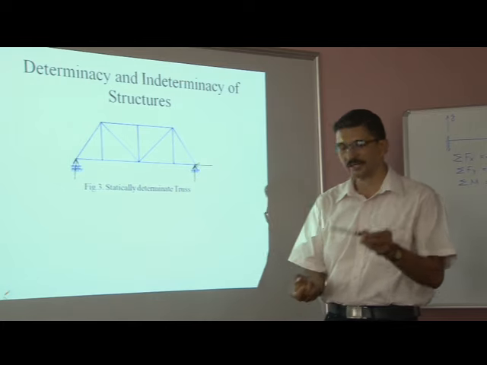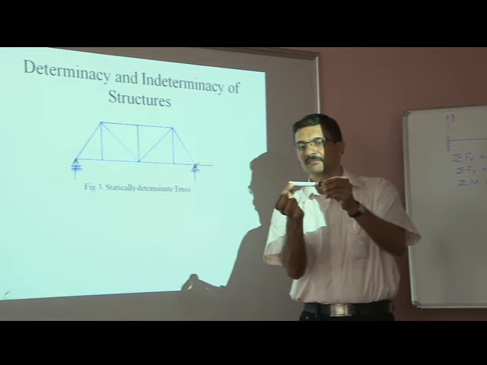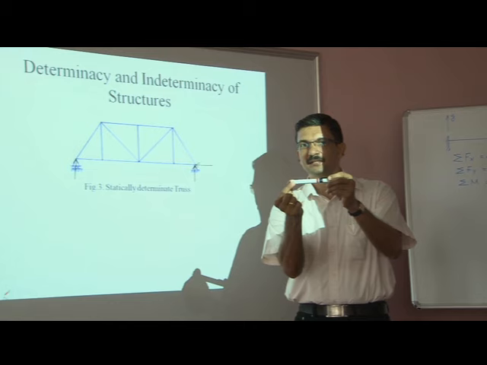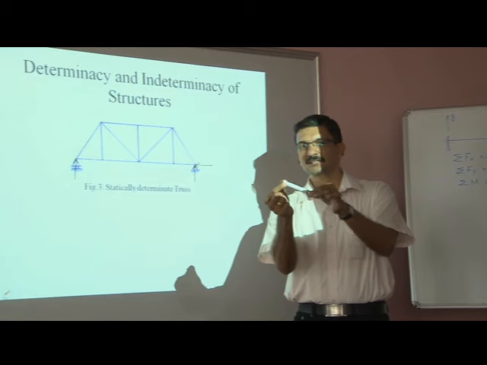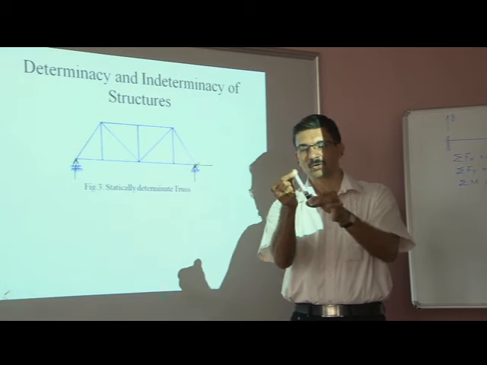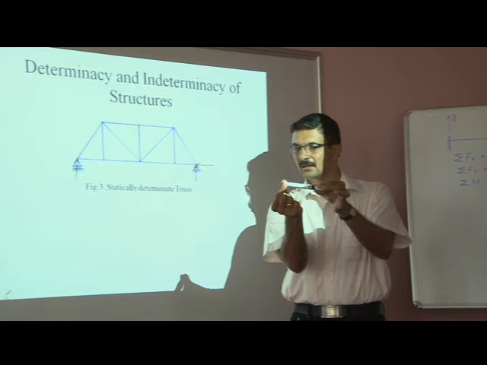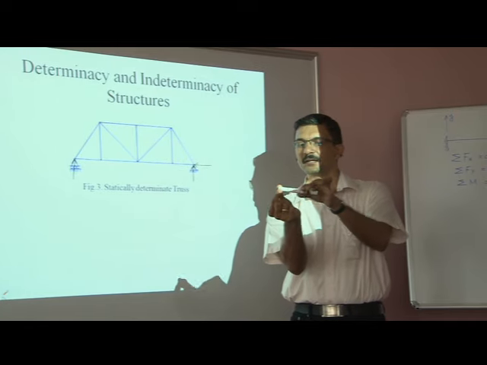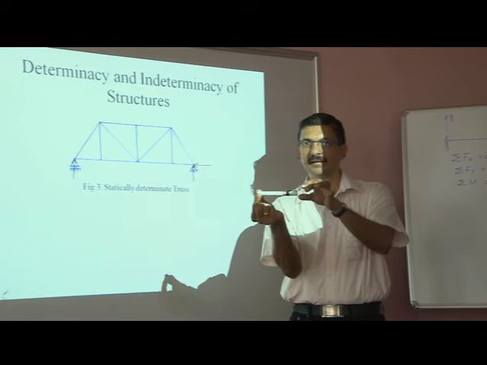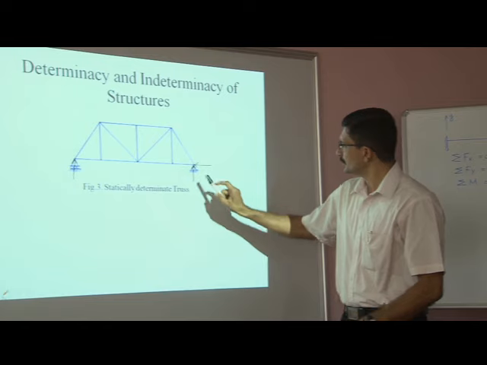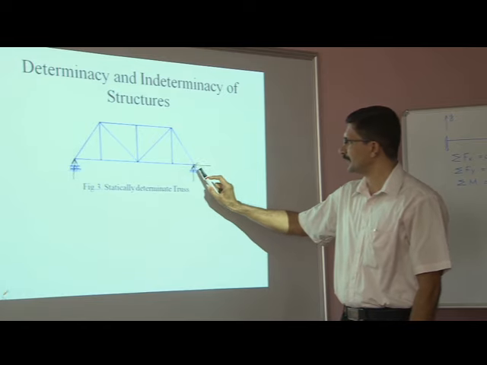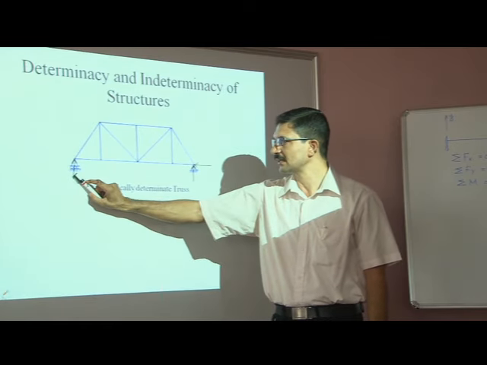It is as good as holding your pen, say this pen, with these two fingers in your hand, like that. You can see that this structure can only rotate. This pen can rotate with respect to the fingers, but this point of this pen cannot translate along any direction. So these are the two constraints imposed by the hinge support, and this is the only one constraint imposed by